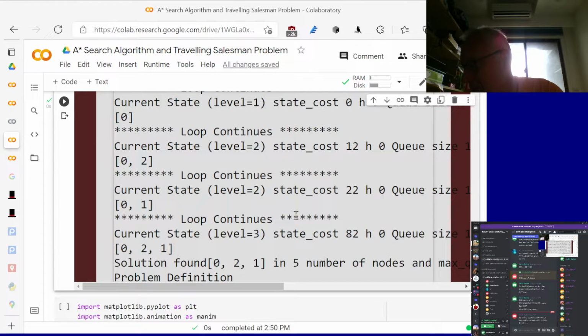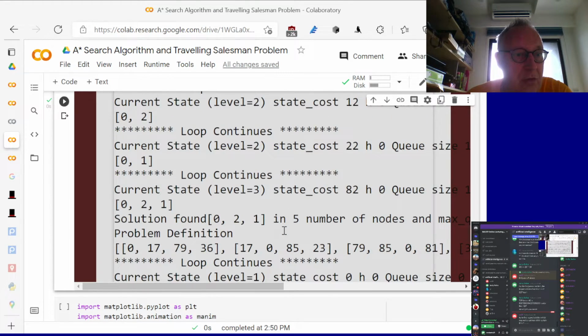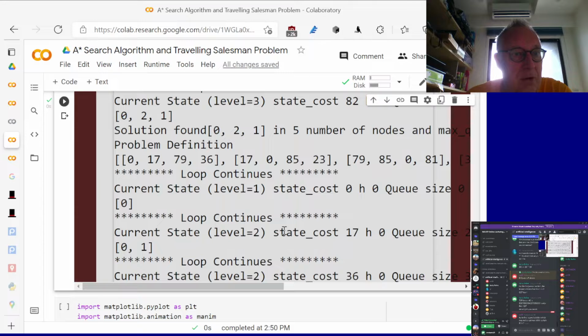Start at 0, we go to 2 is 12, plus then we go from 1 to 2 is 70, that's 82. And if I go the other way, then I go from 0 to 1 is 22, plus 70, so that's 92. So that also seems to work. It's the lower solution, the cheaper cost solution. Then we have a more complicated one